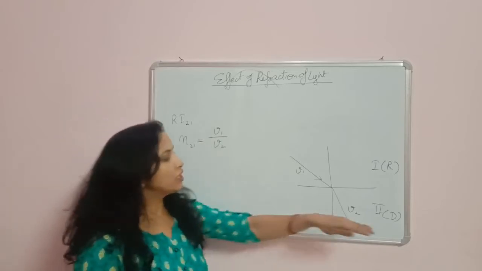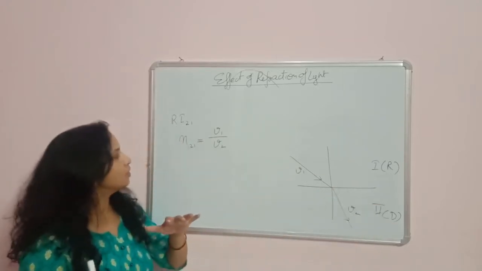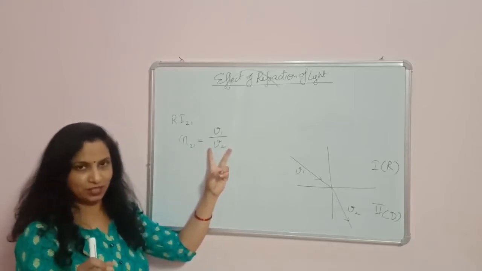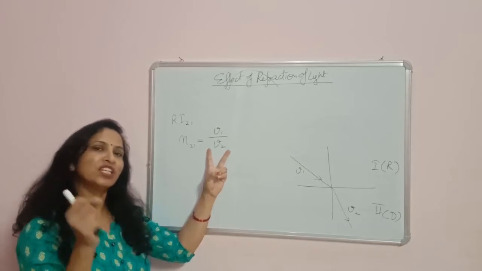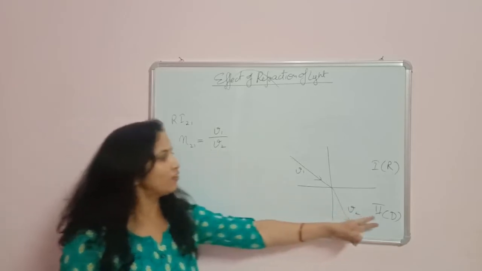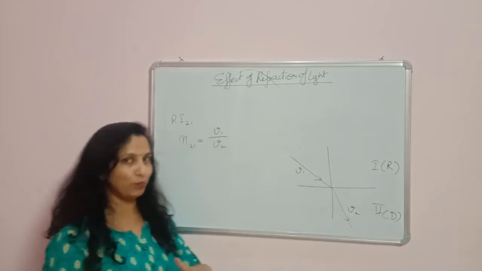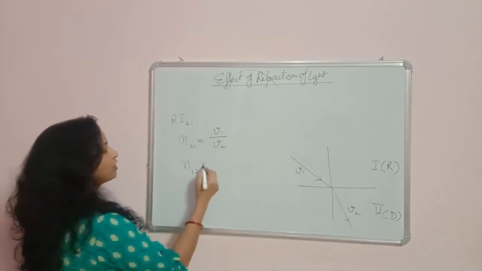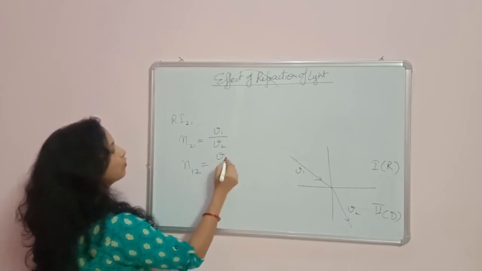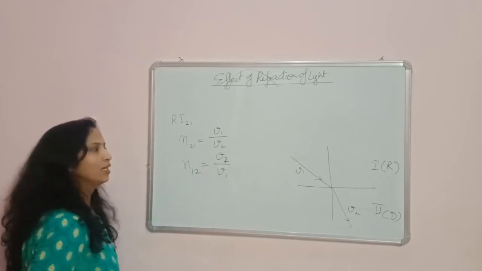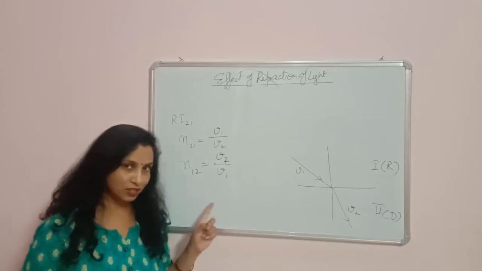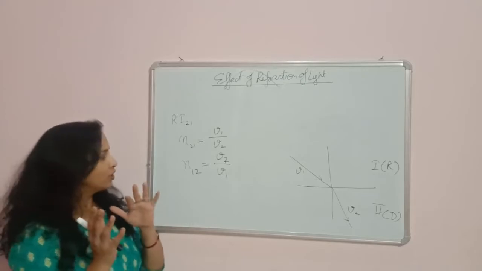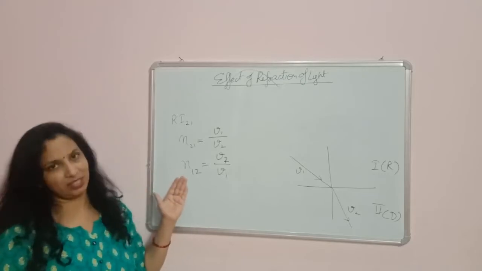It means you will put the value of speed in the denominator of the medium of which you want to find the refractive index. आपको इसका refractive index निकालना है, आप इसकी स्पीड को अपॉन में रखोगे. And suppose you want to find the refractive index of 1 with respect to 2. It will be v2 upon v1. So again, the speed of light in the denominator will be of the medium of which you want to find the refractive index.